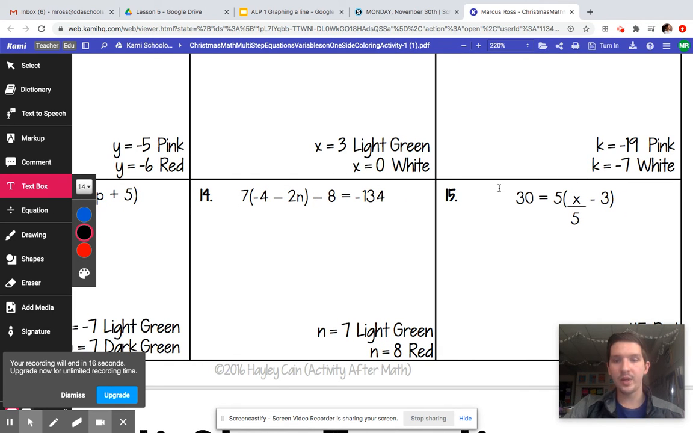Be careful with 15, all right? You can actually get rid of this right away. 5 times x over 5 will get rid of that right away. And then you'll do 5 times negative 3. And so in reality, what you'll be left with is